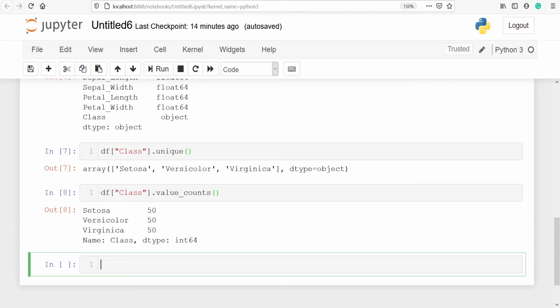We will apply label encoder. First of all, we will import label encoder from sklearn. We will type from sklearn.preprocessing import LabelEncoder.